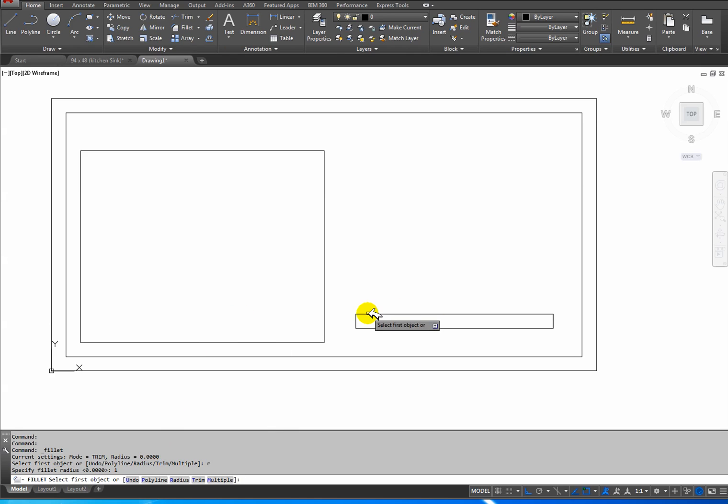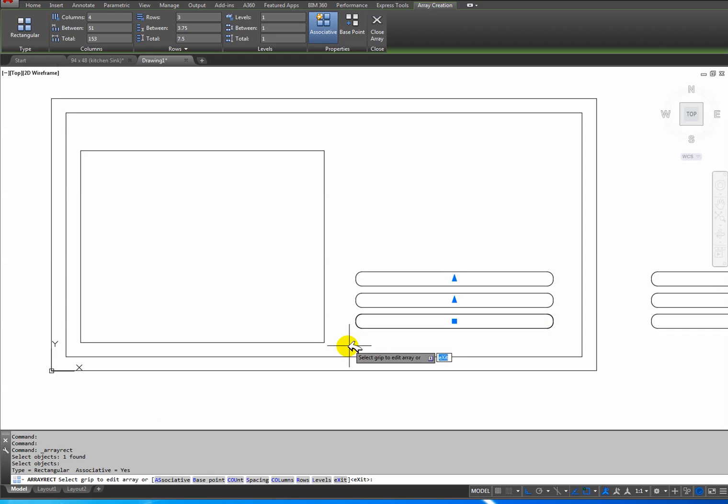And because I want to do all the edges in one go, I could type P for polyline. That's a polyline option. Enter and select a line. So everything is done. Now I can use this tool called array. What array says is exactly the same thing, though the process just repeats itself now. It's asking me to select object. This is the object. I press enter. Then it will ask me,